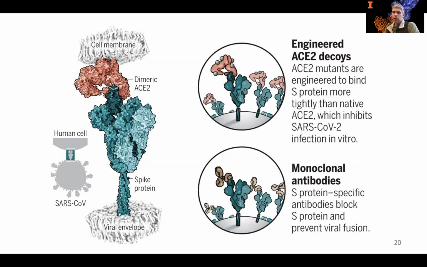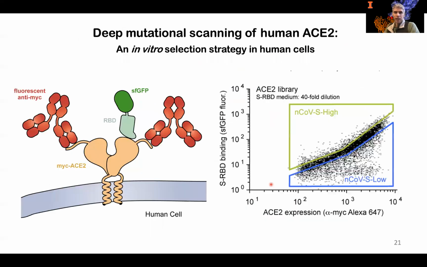You can take soluble ACE2, where you chop off the transmembrane region, and it acts as a good neutralizing agent. It can bind to viral spikes and block infection. The problem is that the affinity of ACE2 and the viral spike is some tens of nanomolar dissociation constant. It's only moderate. You compare that to monoclonal antibodies for neutralization. They have affinity constants that are picomolar. So the problem we set out to solve is to engineer ACE2 to make it high affinity, comparable to a monoclonal antibody, to use as a therapeutic agent.